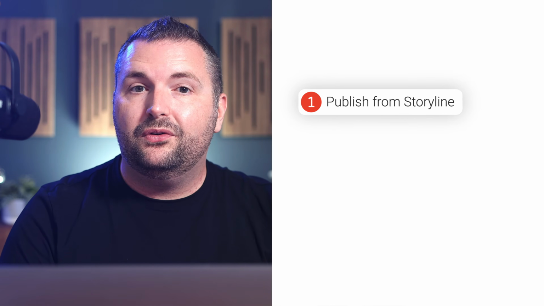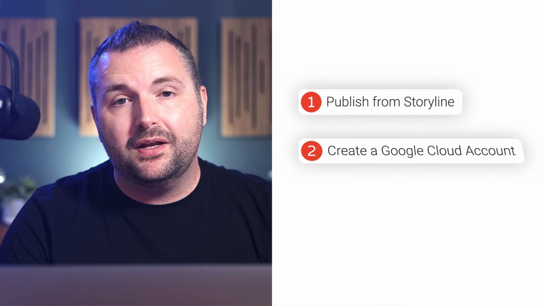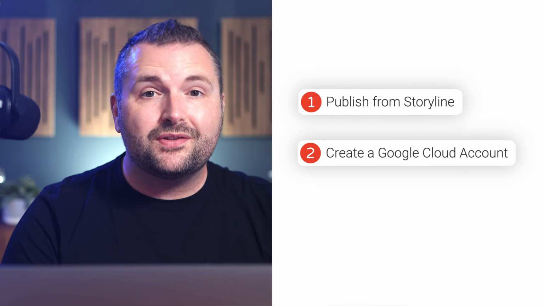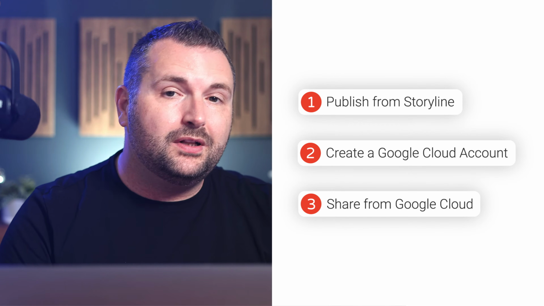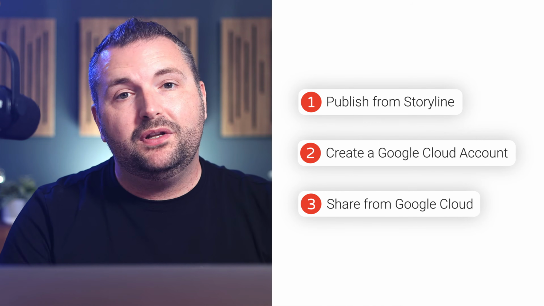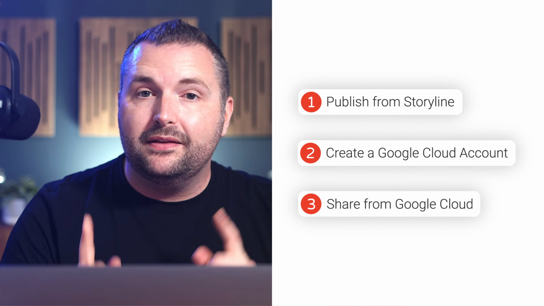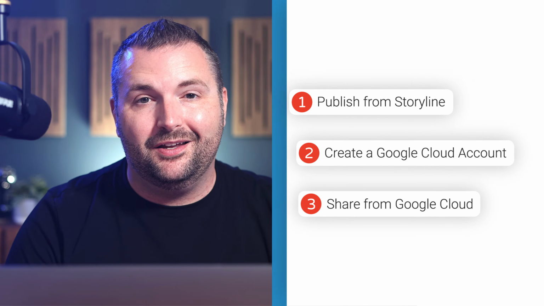So we're going to be looking at three things today. First, how to publish your course out of Articulate Storyline for the web. Second, how to create a Google Cloud account. And of course, third, how to upload and share your published Storyline course from Google Cloud. Now, as we go through this, if you want to skip ahead to any particular point, feel free to use the timestamps linked down below in the description, or if I'm moving too fast for you, feel free to pause me at any time. So let's get to it with the first step, publishing your course out of Articulate Storyline